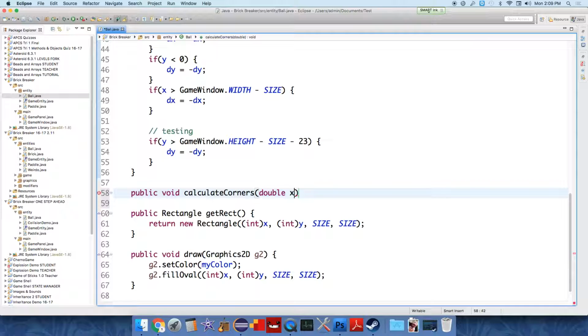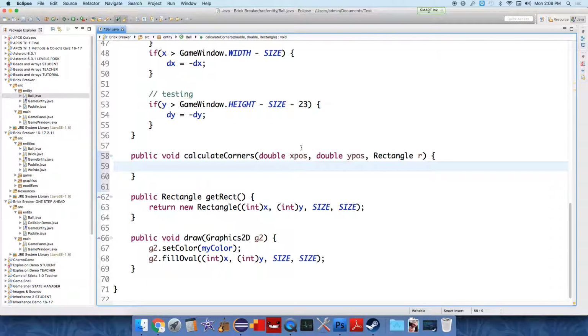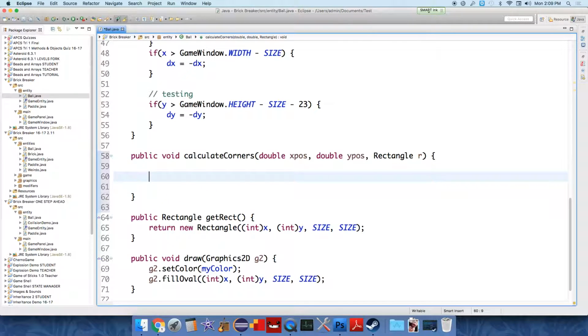x, let's do x position, y position, just to give it separate names so we can make sure to keep track of what's happening, and it needs to take in a rectangle that will represent the brick and be the brick's position. So it's going to cycle over all of the bricks that eventually we will create, or it'll look at the paddle's rectangle and see where it collides with that. So now we're going to use this object called a point object, which stores location in an x and y coordinate. So we're going to say the top left point, and we're just going to grab the position of the ball